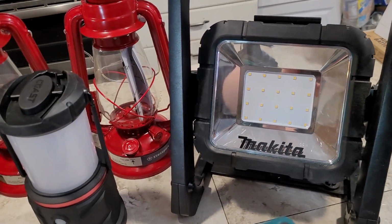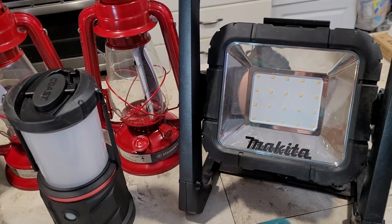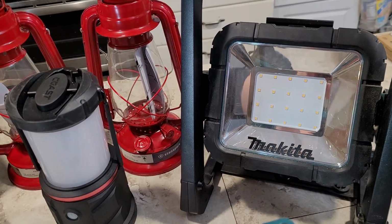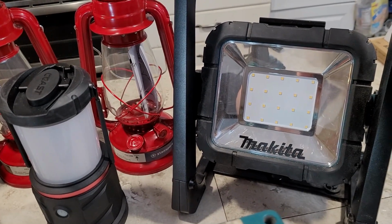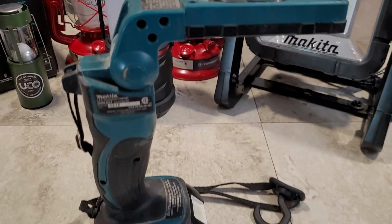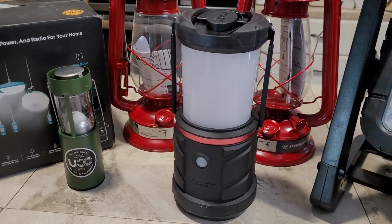And we also like this light, which is big, bright, and powerful. And this can be hung or it can be stood on a separate stand and used to light a big area. We've used this in our attic and all sorts of different places. So we really like these Makita rechargeable lights. And then besides just having flashlights, you're also going to want to have some lanterns, because